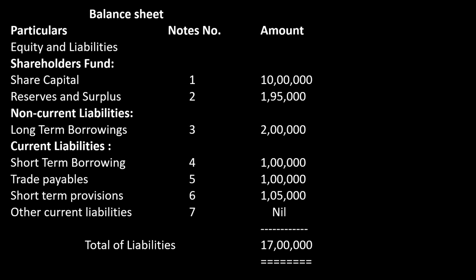The value is not given there. Therefore, there is actually no need for you to write it. But still, I have written the notes number. So, no need to give a number for an item which is not there. Okay. But the heading you should write. And the amount is not there for other current liabilities. Okay. Next. We'll do the assets in the next sheet.